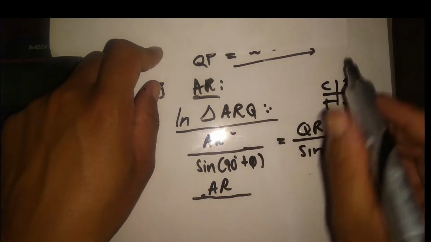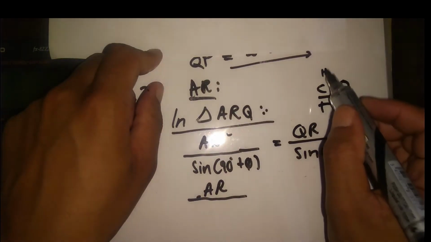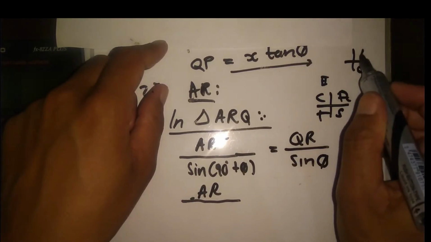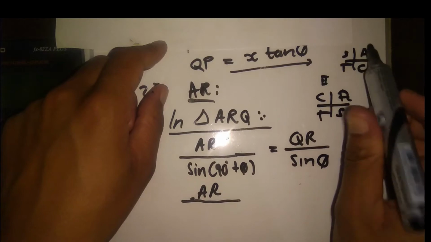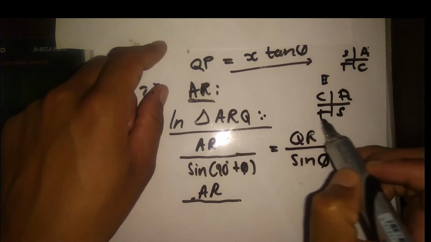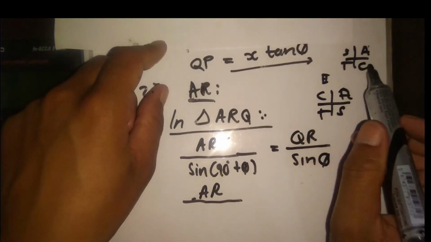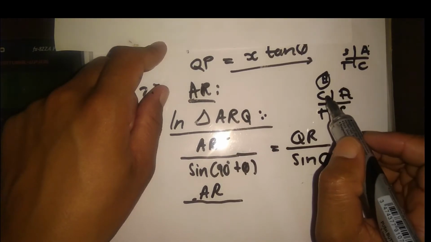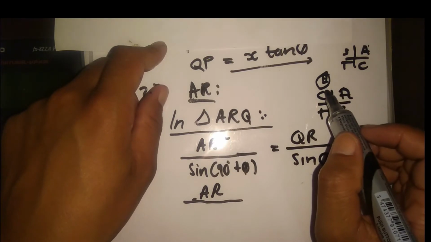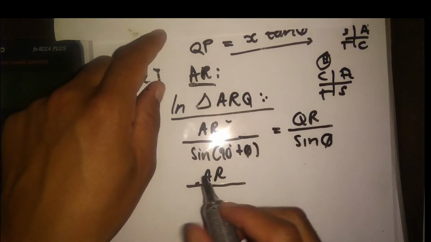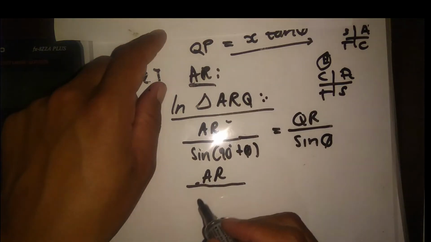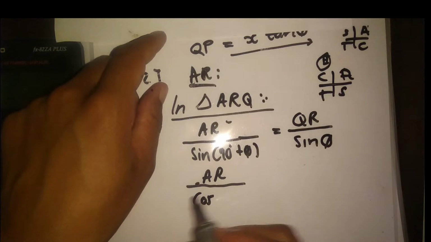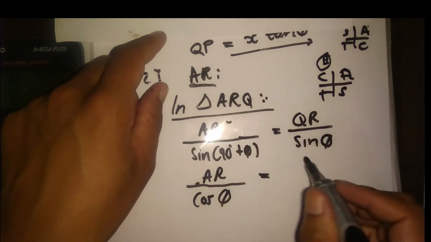so 90 degrees plus theta is in the second quadrant. Nyazi ninajwayele le CAST rule, CAST. But for my co-functions, usebenzisa this one. You just flip sine to cos. So 90 degrees plus theta is in the second quadrant. And in the second quadrant, cos unjani? Positive. The co-function for sine is what? It's cos, and cos in the second quadrant is positive. So the answer is going to be positive theta equal to